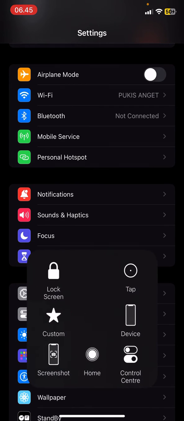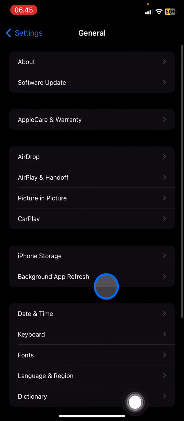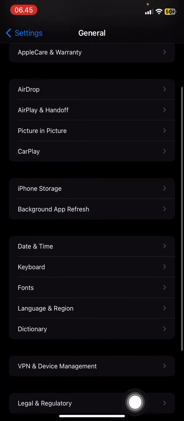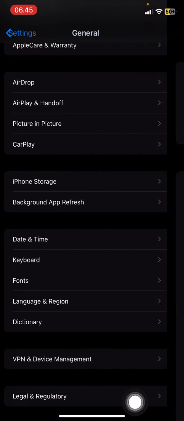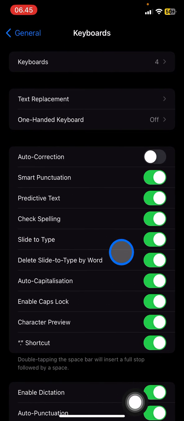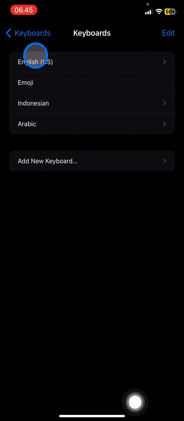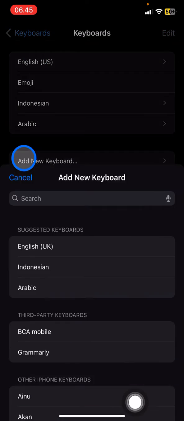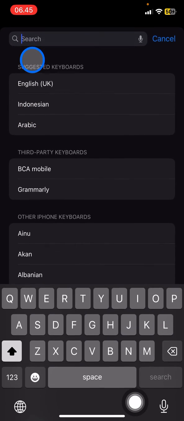How to get the Korean keyboard? Open your settings, click General, and scroll down until you get to the keyboard option, and then you just need to click it. The next thing you need to do is click the Keyboards option at the top, and then click Add New Keyboard and simply type Korean